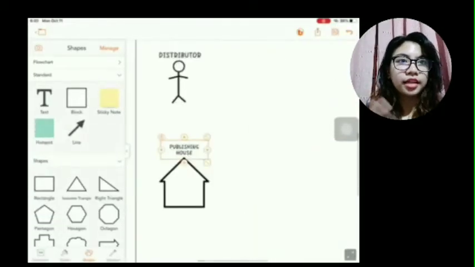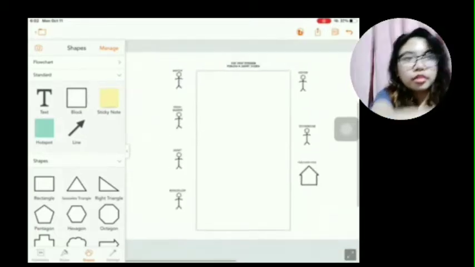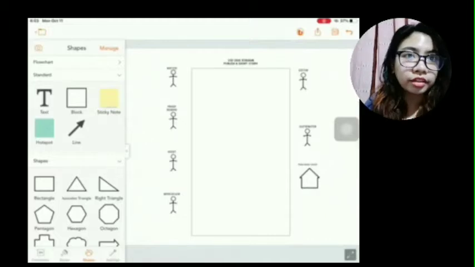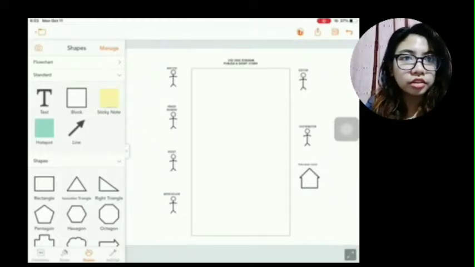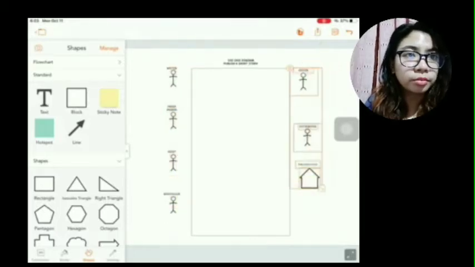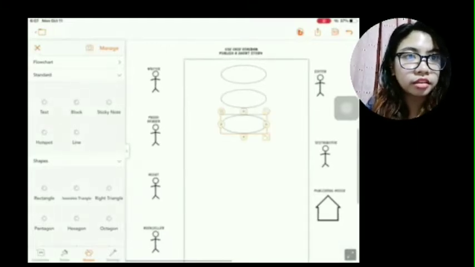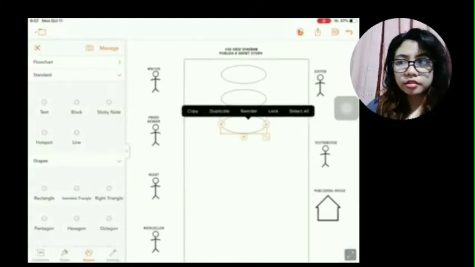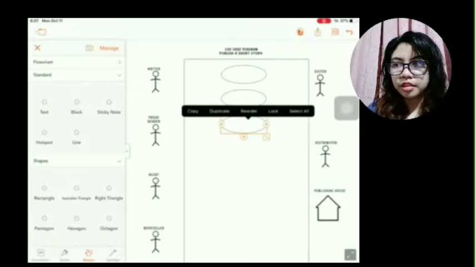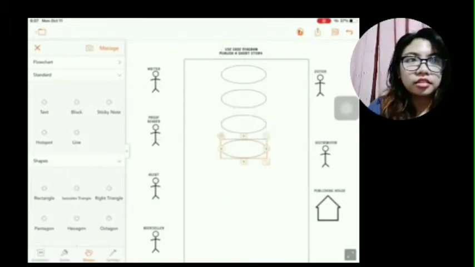So I'm just gonna edit. I did put the actors in here, so it is now complete. We have the writer, proofreader, the agent, the distributor, the editor, publishing house, and then the... did I miss anything? So next is